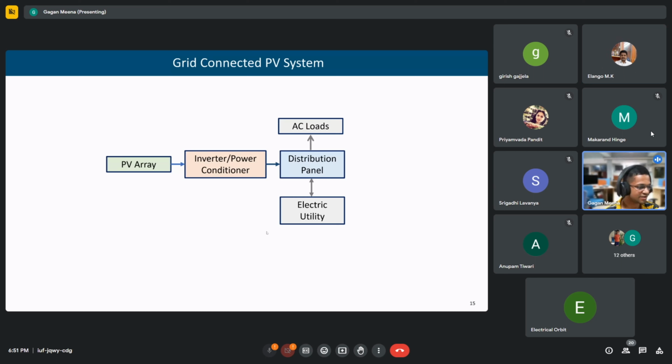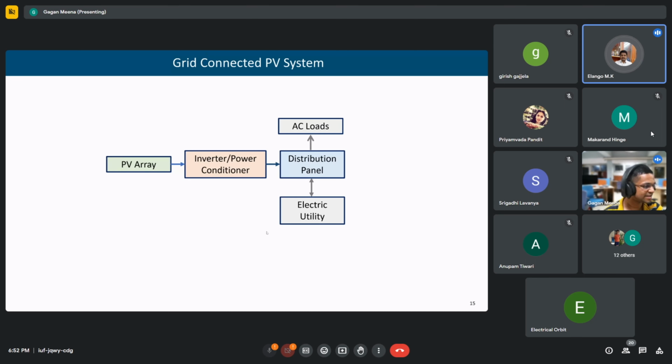Yes, it's always required, because right now the converters that we are using for solar, or even all the converters, are grid following, so they need a grid reference. The point where they are connected to the grid is called the point of common coupling, or point of interface. We will see that in upcoming lectures, week 3 or maybe week 4, 5.